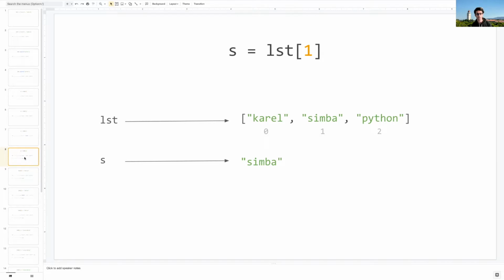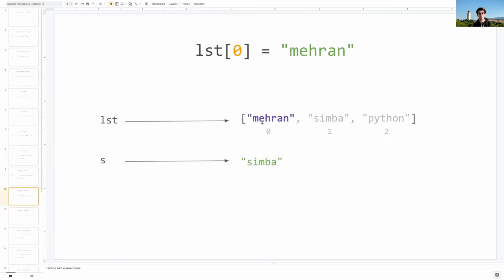Okay, great. Now that that's out of the way, let's talk about something else we could do. So far, what we've done is we've added stuff to a list and we've taken stuff out of a list. But what if I want to change what's in a list? For example, what if I wanted to change what the first or the 0th element in this list was? What I could do is say something like this. LST at 0 equals the string Meron. And what that's going to do is take whatever's on the right side over here and put it in the left side. So if you take a look at the list over here, you'll notice that the element at index 0, that is Carol, turns into the string Meron. So that's what a statement like this does. It allows us to reassign what's in a particular position in the list.